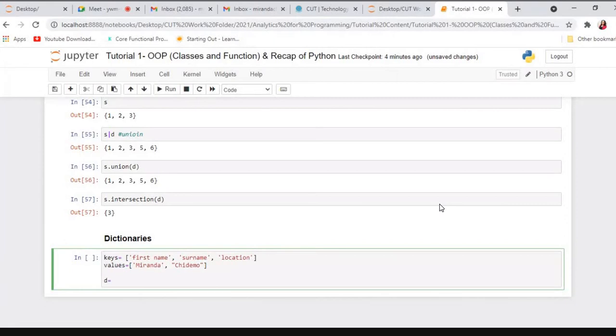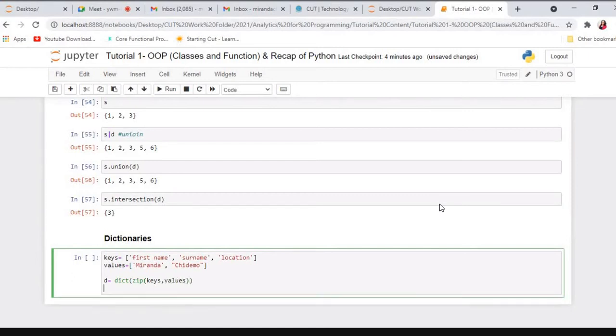So the dictionary is a combination of two lists, created using zip. I'm sure you know zip from zip folders: to zip is to compress, or bring together. Same concept. What I'm zipping now are the keys and the values. So if I run this,